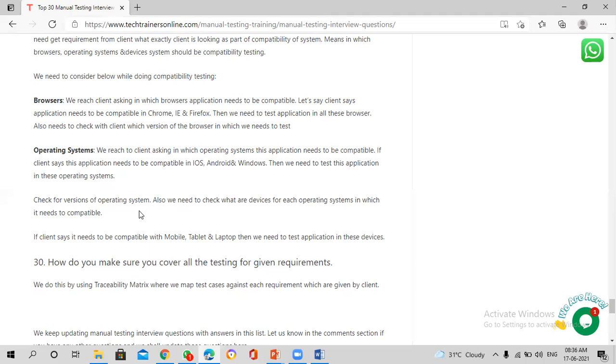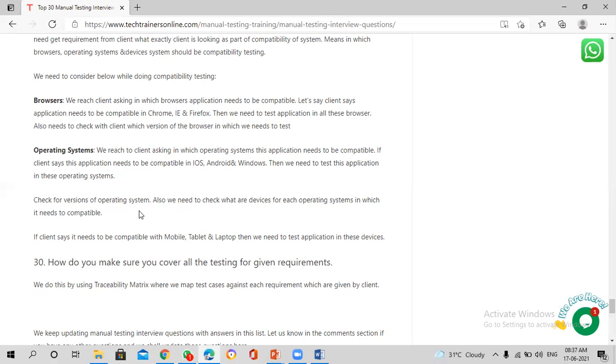First, we need to check whether it is compatible with this version. Let me give an example to understand it easier. I have a Facebook account. Okay. I'm working for the Facebook application. Client says the same thing, same three operating systems, devices and browsers, right?